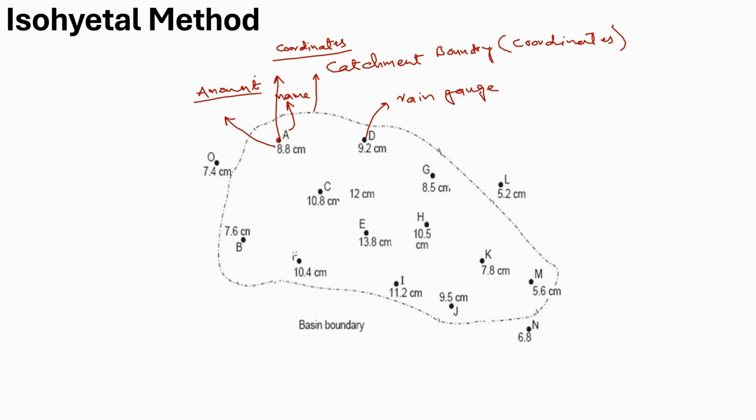Once both steps are done, the first one being drawing the basin boundary, and the second one being drawing the rain gauge stations outside or within the boundary of the catchment area,